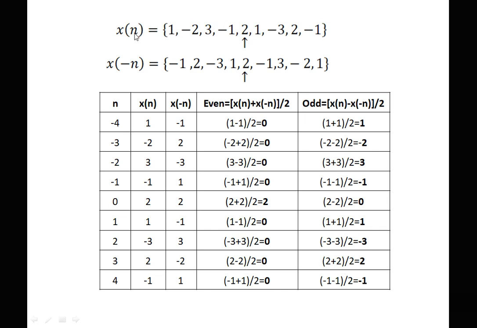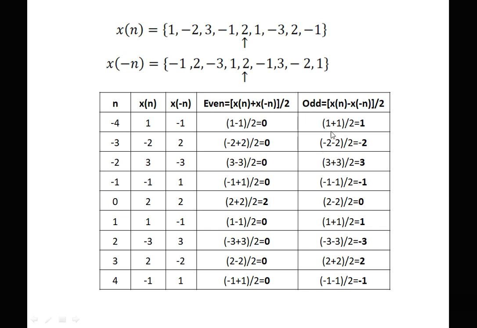Now we require first the mirror signal, that is x of minus n. Therefore we are shifting this positive part to the negative side and this negative portion to the positive side. Now n is again going from minus 4 to 4. X of n we can take from here, x of minus n we can take from here. Now easily we can calculate the even part and odd part. In the even signal, except the center portion all the values are 0, and in the odd signal all values are present except the center, which is 0.